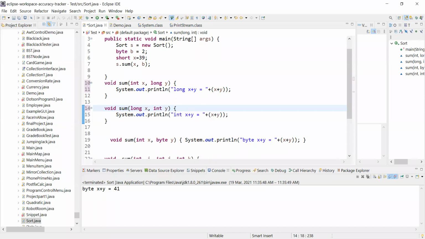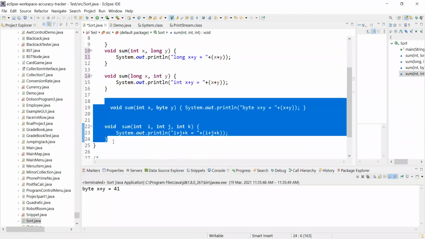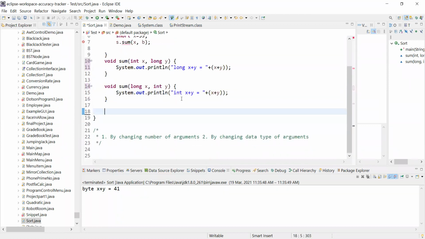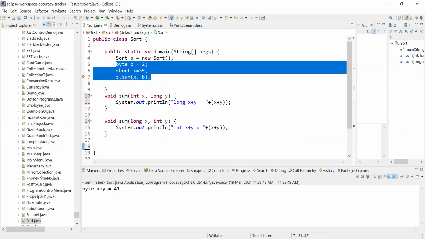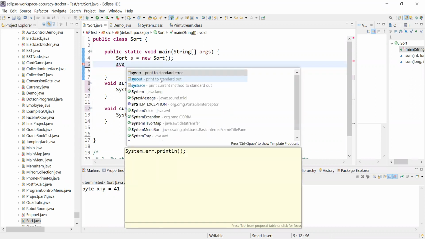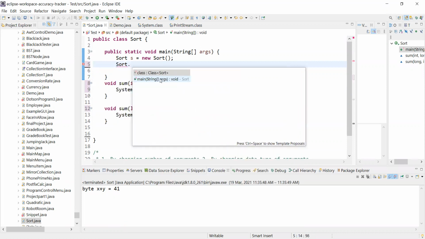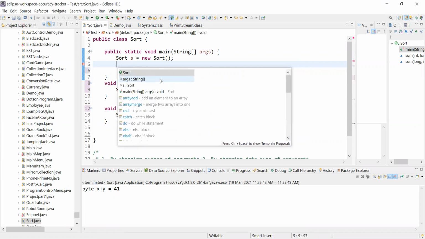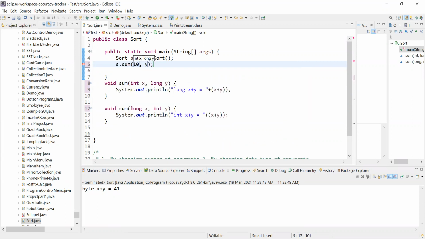Okay, so this is the method we have. Let's remove this, and now when I'm saying s dot sum, and I'm passing 20 comma 20, then you can see there is an ambiguity.